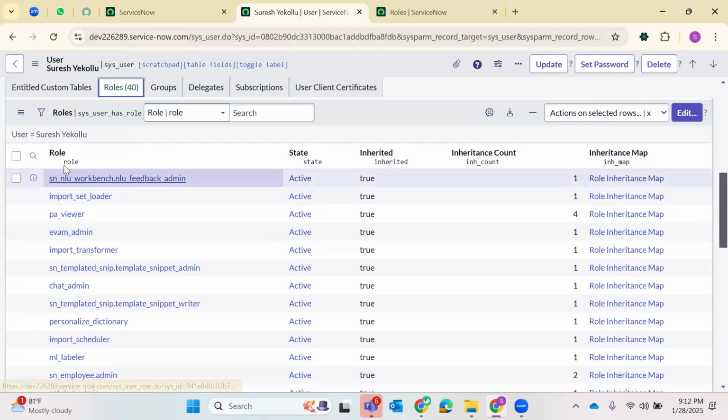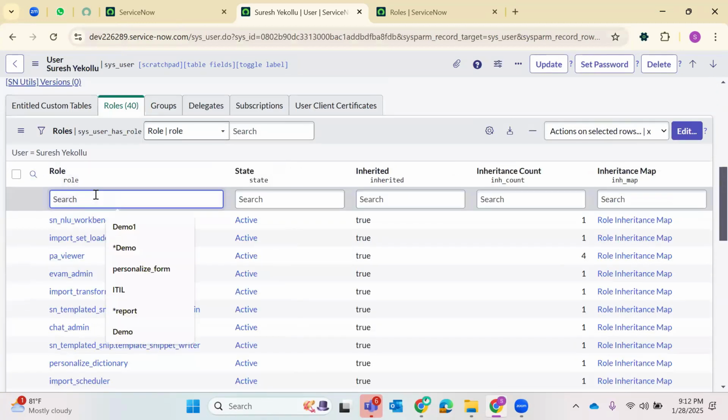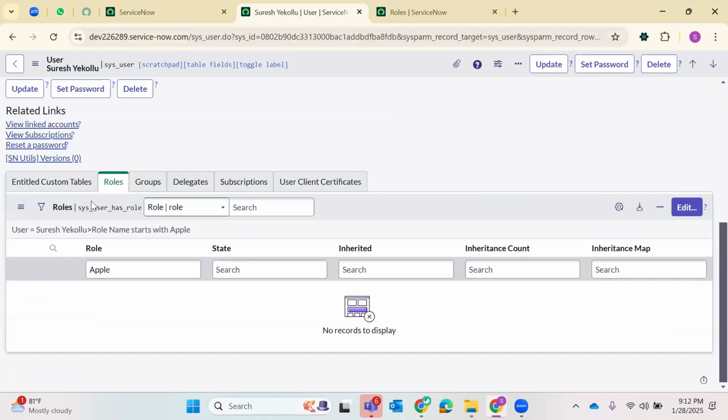He has 40 roles, but this apple role is missing. So now Suresh says, my friend Ramesh has the apple role and he's able to see some module like incident, but I'm unable to see that. Then we will ask Suresh to share Ramesh's user ID, and we'll see which group Ramesh is part of